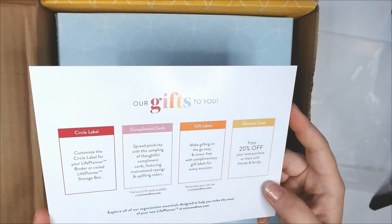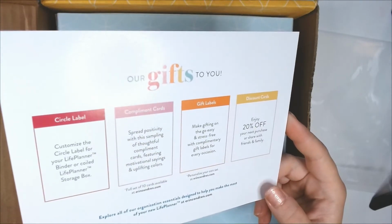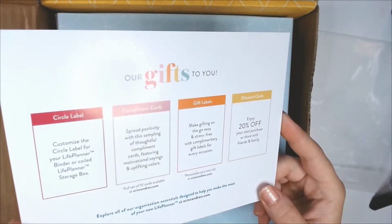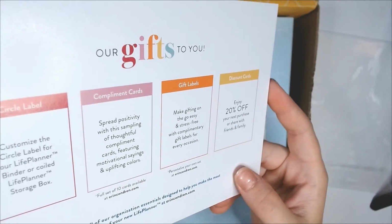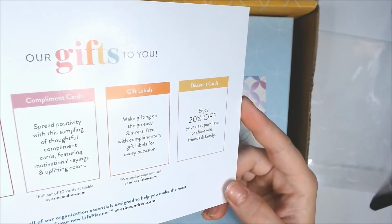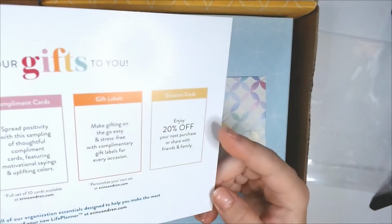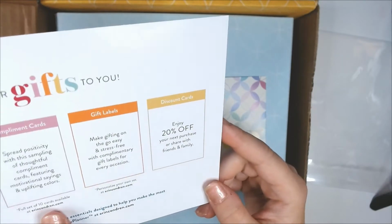And this is what is included in the box. So there's a circle label, some compliment cards. I do love their positivity and their motivational quotes, especially throughout the planners. They have some gift labels, and they also have some 20% off purchase cards. So those are always really nice to have,